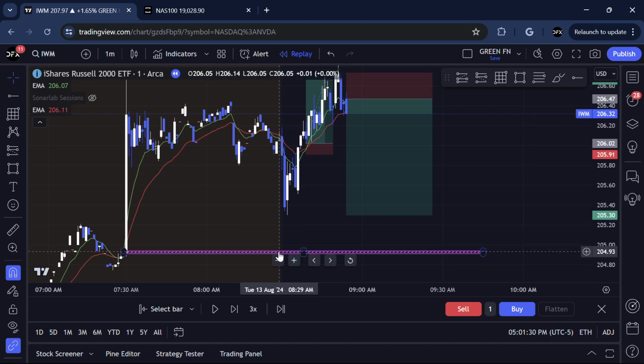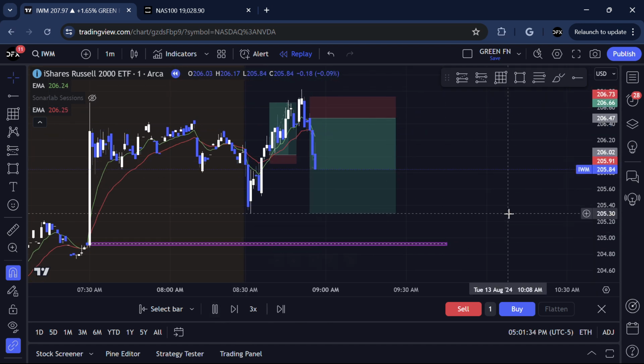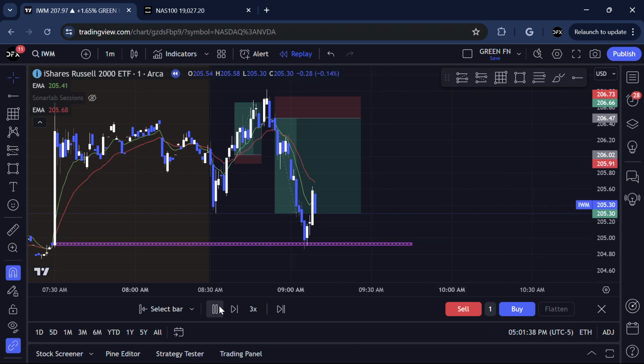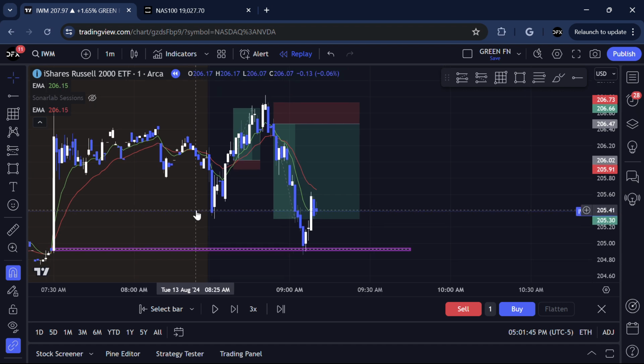You were able to for sure take it right there, because let's just play it out and I'll show you guys what happened. Okay, boom, just like that. You're able to see that we completely demolished that order block right there. So really good trading day so far. Trading week, I should say.